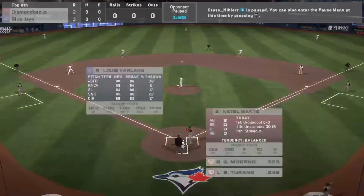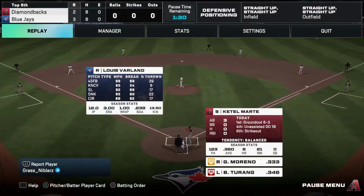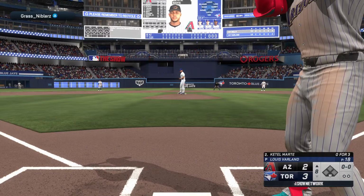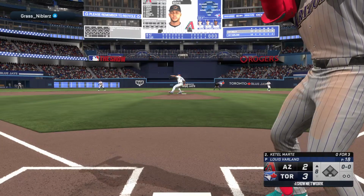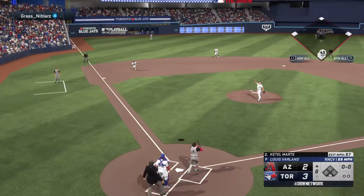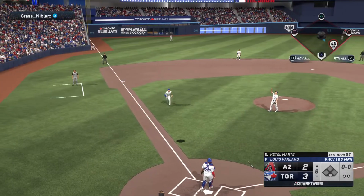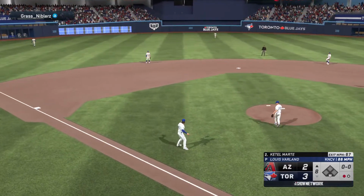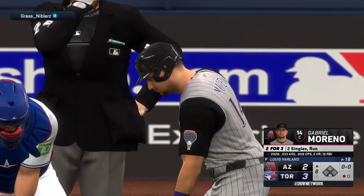Back here at Rogers. An outstanding hitter in Ketel Marte. This one in the air. Barger moving under it. And there's one down. That hanging breaking ball looks